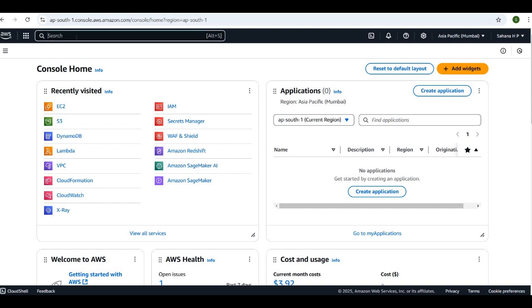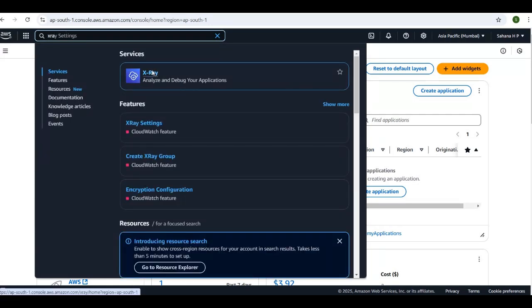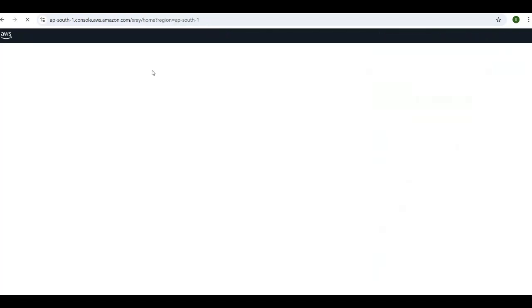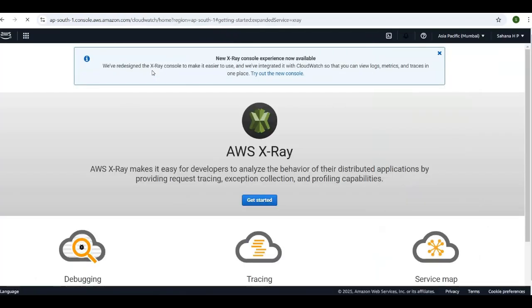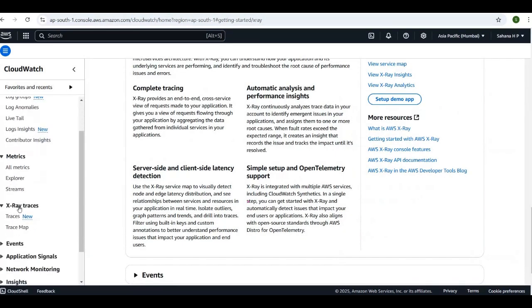So here, search for X-Ray. X-Ray can be used practically in two ways: one is AWS X-Ray, the other is CloudWatch X-Ray. Let's go with CloudWatch. In CloudWatch, we can see X-Ray traces, so here we can also do the AWS X-Ray demo. I am doing it in CloudWatch